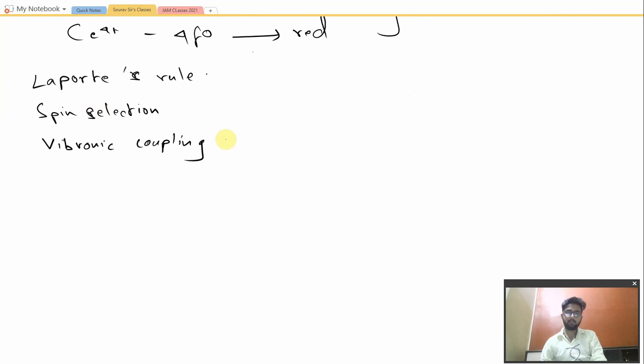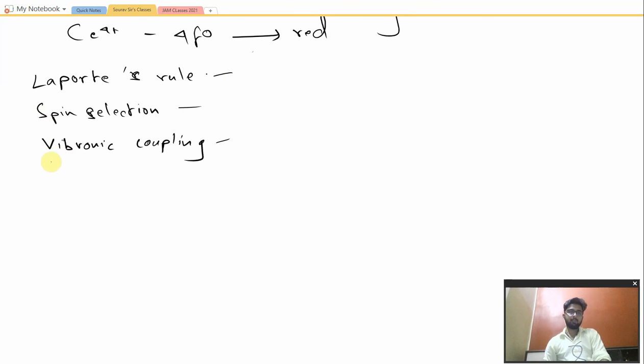Okay, so let us start by the lowest one, that is vibronic coupling. In this case, you have to write this down in sentences. There is no derivation here. As I am explaining it to you, you just write it down via sentences. You may take these explanations and write them in your own words, and you have to explain them step by step, explaining each of the points as one of the factors. Then you will be getting the full marks for this question.